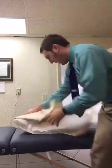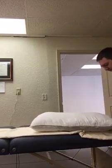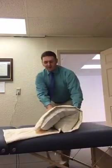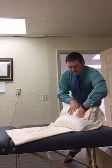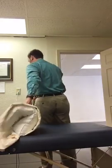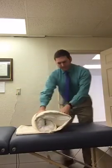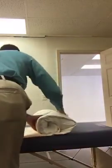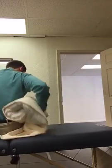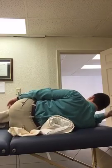I'm going to show you from the back view, and again, this is very thick, maybe a little too thick, so maybe I won't roll it quite as far this time. I'm going to show you from the back view. I kind of lost it there. So from the back view, let's say the left side was going to be up. Sorry, I keep losing my pillow. So from this side, it would be like so. Now you can see,